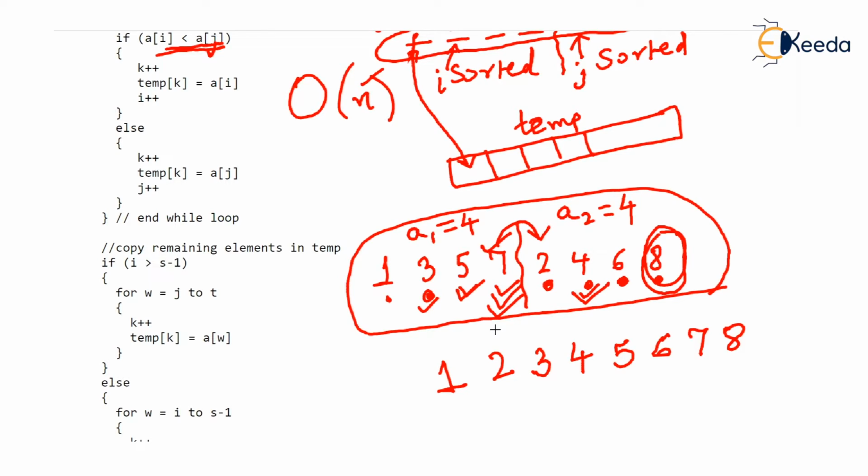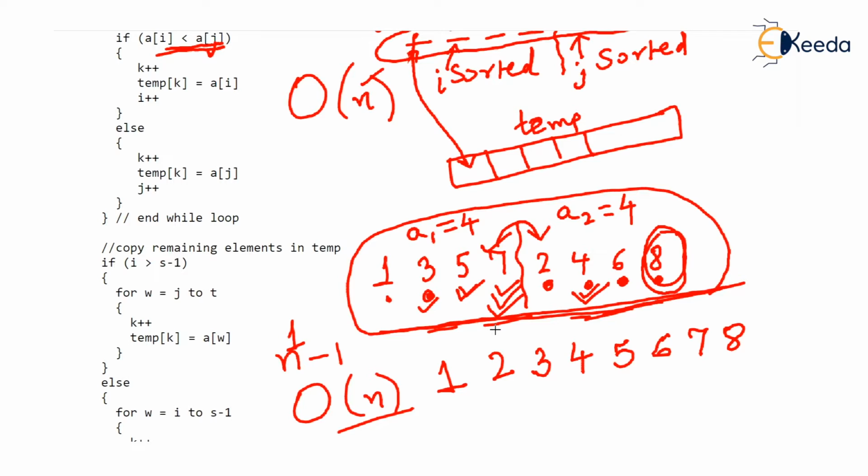Then the number of comparisons needed to merge these two parts in the worst case, I'm talking about worst case, is 7, which is A1 plus A2 minus 1. But that's approximately the size of the entire part given, that is 8 elements. So actually it is n minus 1 in the worst case, the number of comparisons. But we can say that it is of the order of n because this is a polynomial of degree 1.